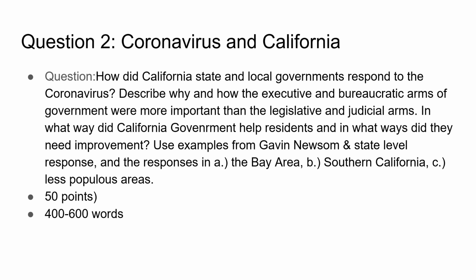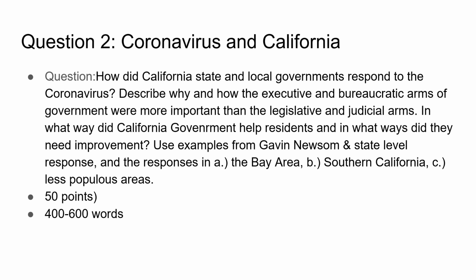The second question is on coronavirus. You're living it right now. You're living actual government policy where government probably has bigger impact on your life than it ever has in your entire existence. So the question will be something to the tune of, how did California state and local governments respond to the coronavirus? Describe why and how the executive and bureaucratic arms of government were more important than the legislative